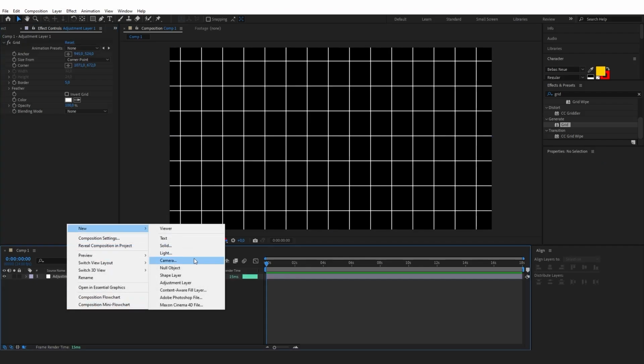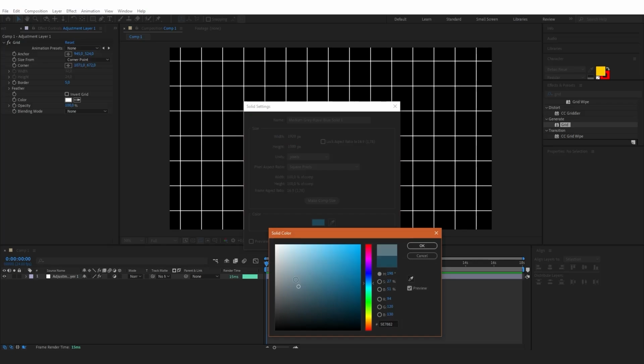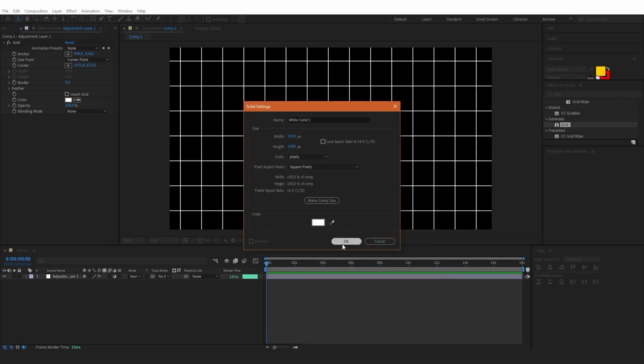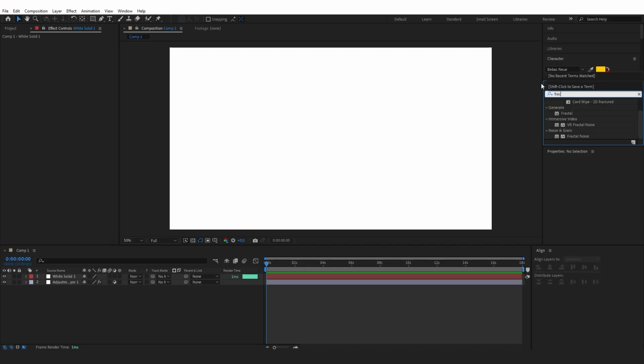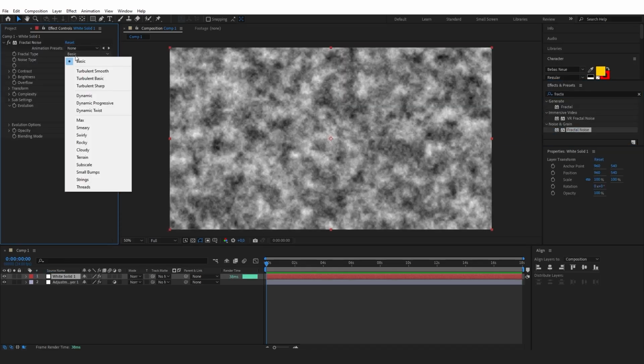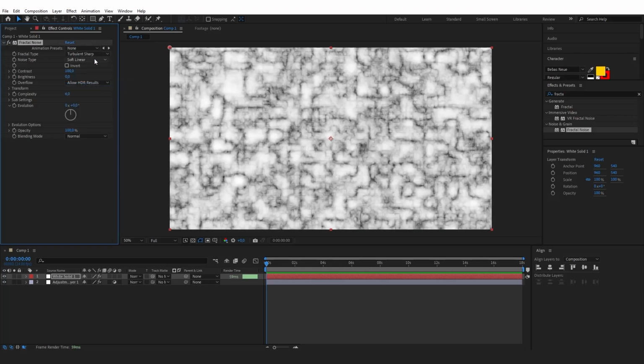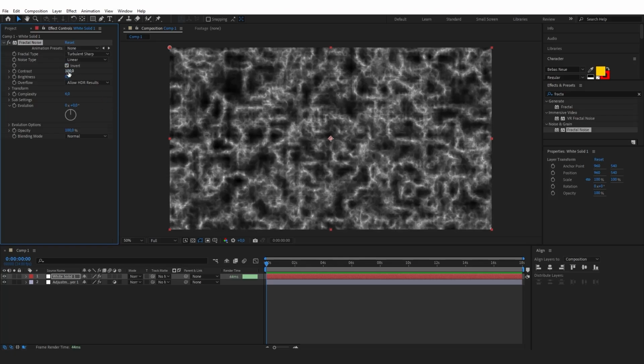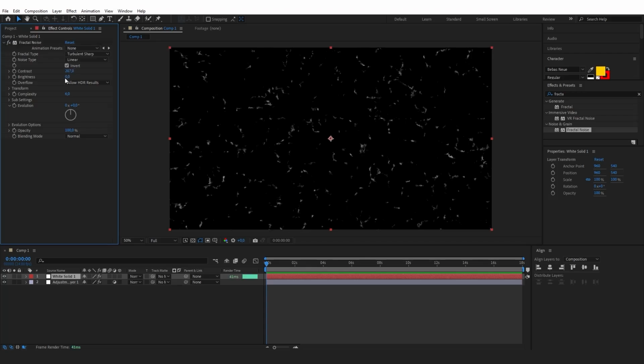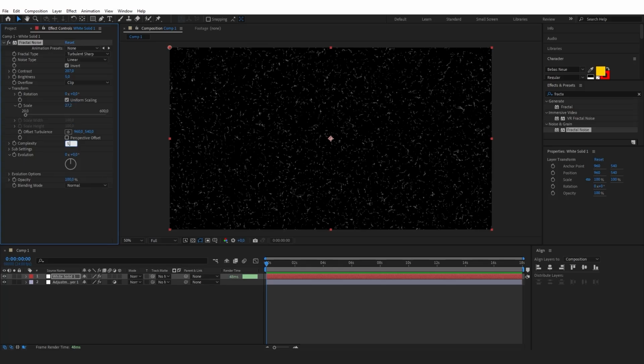Then I'm going to create a new solid color and set it to white, and then click OK. Now here in Effects and Presets type Fractal Noise and drag it on your solid color. Here for Fractal type, set it to Turbulent Sharp, and below for Noise, set it to Linear and select this Invert checkbox. Then for Contrast, type 207, and for Brightness, set it to 5. Here in Overflow, set it to Clip, and then here in Transform, set the Scale to 27.2 and complexity to